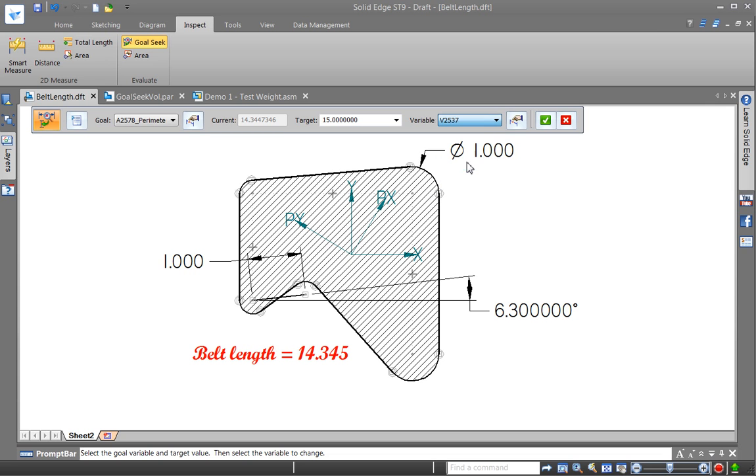We know we can buy a belt off the shelf that's 15 inches long or what have you. You can choose a variable that you'd like to drive, or you can use this handy little picker, or whatever you want to call it. It will actually find that variable associated with that value. Nice little